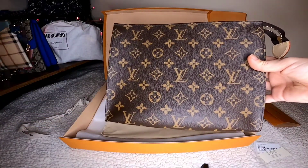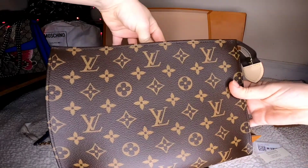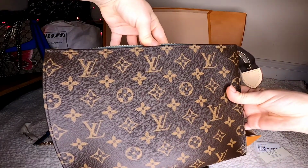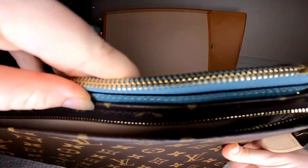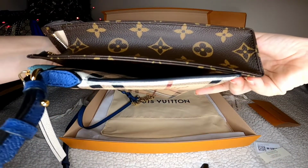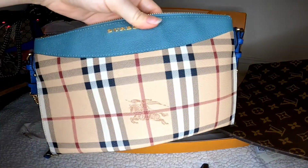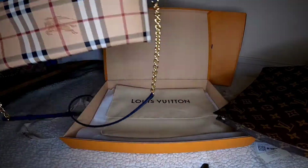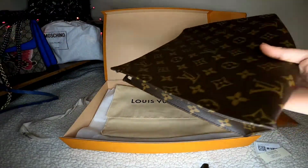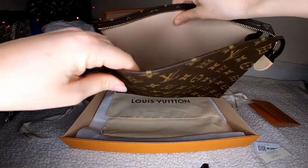It's even bigger than, for example, my crossbody from Burberry. Yeah, it's a little bit bigger here, as you can see, just a little bit, but it's much longer here. And even though this one fits everything that I need, so basically this one is gonna be even better. Okay, so